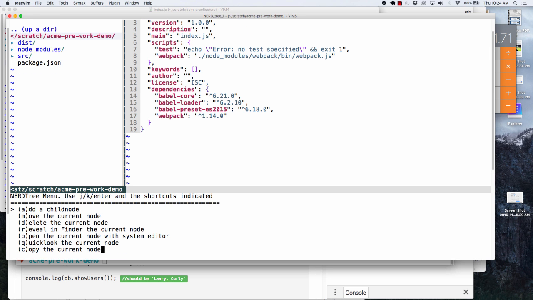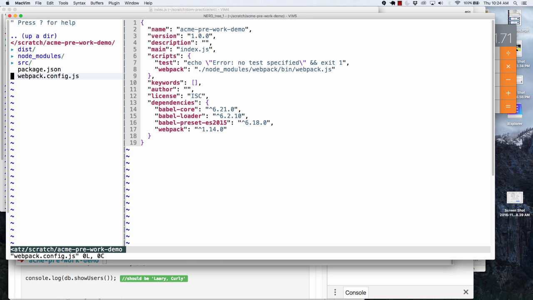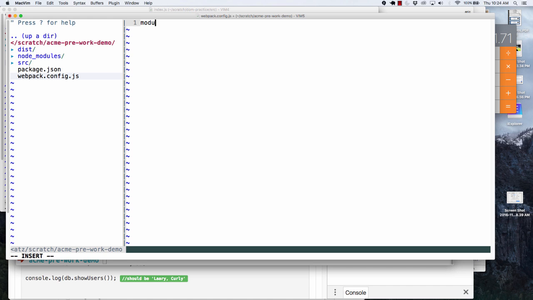So if you don't want to use command line arguments, we could go over here, webpack.config.js. There's really only two things that we're going to need right off the bat, and this is going to be our entry, which is going to be /source/index.js, and our output, which is going to be an object. The object is going to have a path, and this path is going to be /dist, and the file name is going to be bundle. So if I go to run this now,